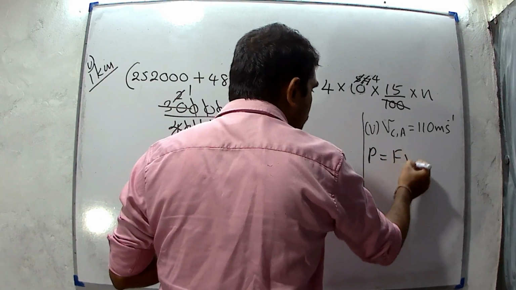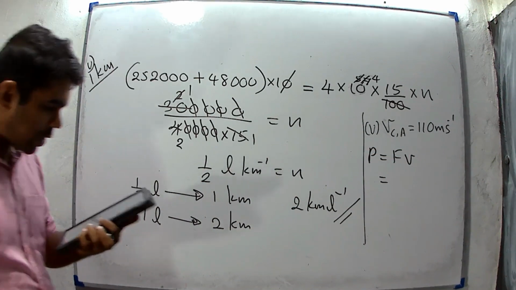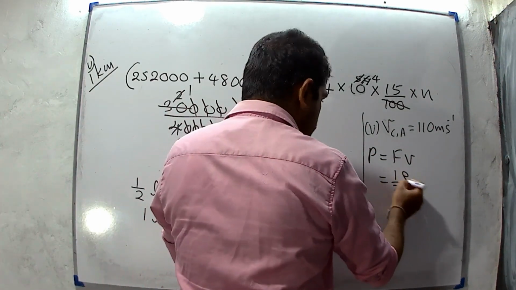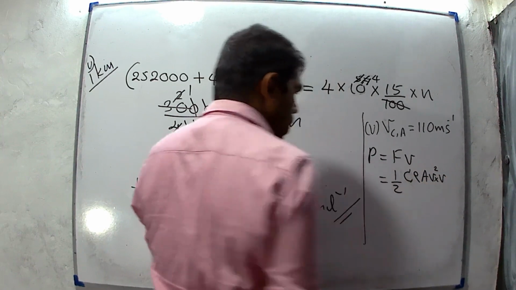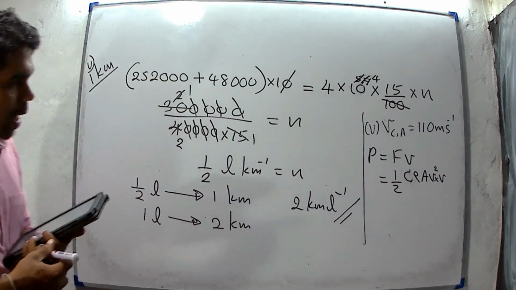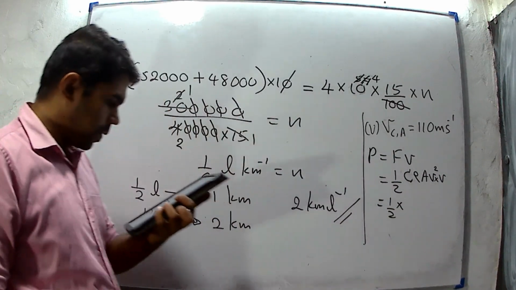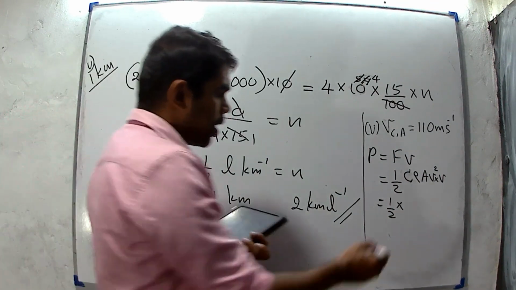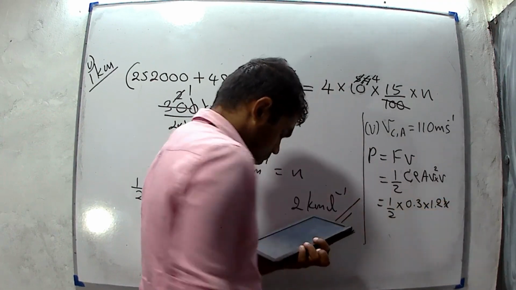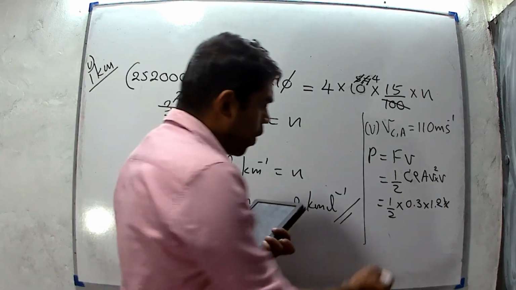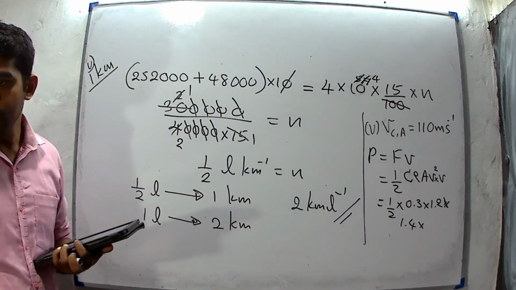Power equals force into velocity. We can substitute the given equation for drag force, half C rho A v squared into v. And we have to substitute values. Half, C is given in the question 0.3, density 1.2, face area 1.4, velocity is 100, 110,